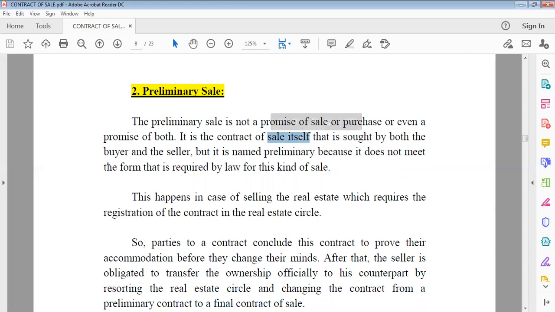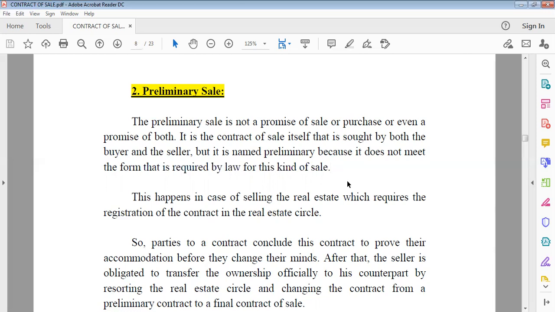That is sought by both the buyer and the seller. هو العقد المراد من الشخصين البائع والمشتري. But it is named preliminary because it doesn't meet the form that is required by the law for this kind of sale. يعني هو عقد بيع بس ما سميناهوش عقد بيع نهائي، اعطيناه وصف عقد بيع ابتدائي لانه بتطلب شكل معين احنا بدنا نبرم العقد مبدئيا، بس نظرا لانه مش موجود الشكل وخايفين انه يكون باطل اعطيناه اسم تاني الى حين نستوفي